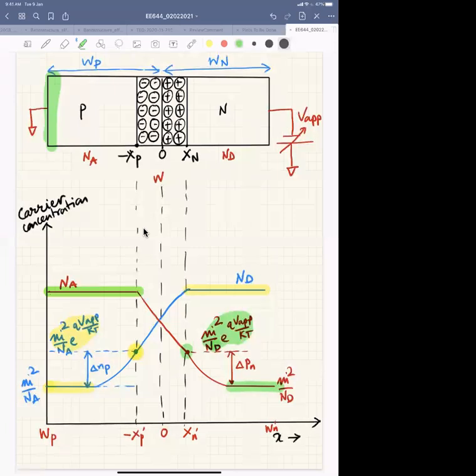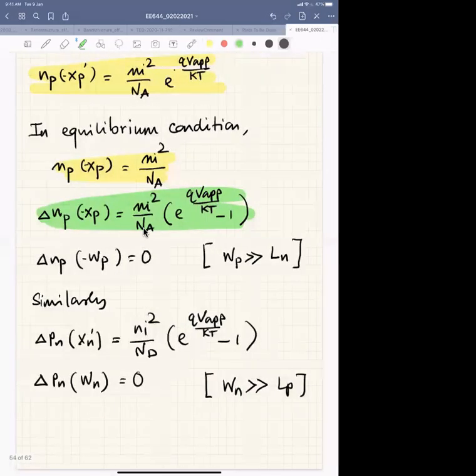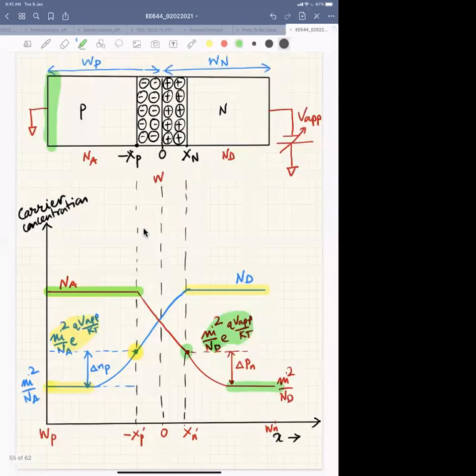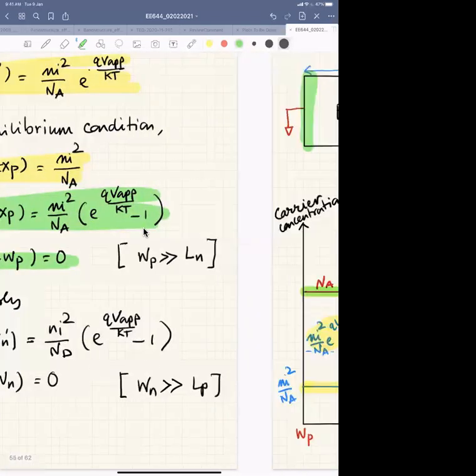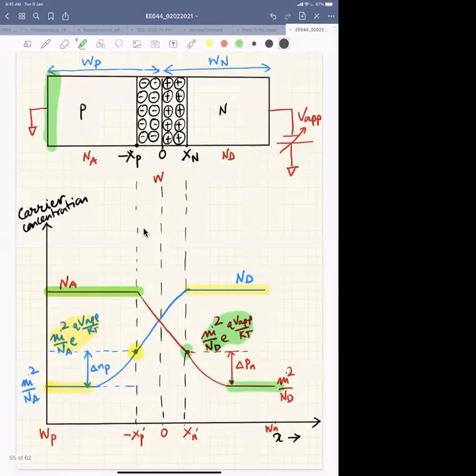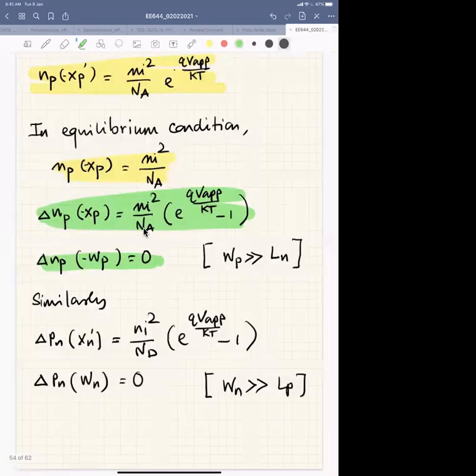Okay. So if your WP, the length of the P side, is much higher than the minority carrier diffusion length, right? So if WP is more than Ln, these excess minority carriers will be recombined, right? So in the steady state, delta NP at minus WP, the edge of this P side, or very deep into the P side, will be 0, right? And similarly, I could also write